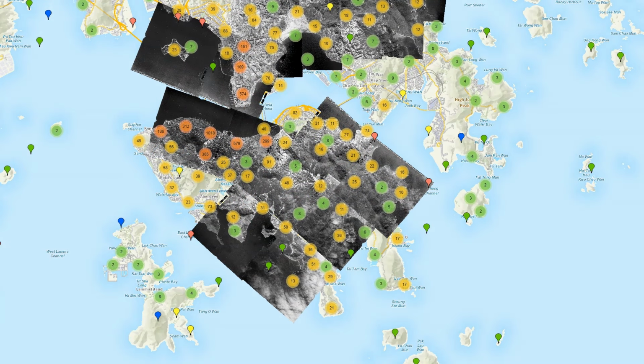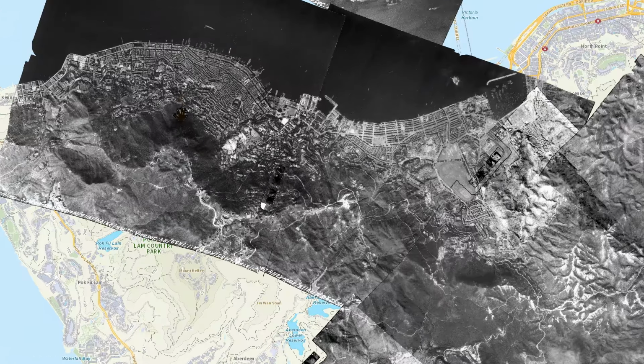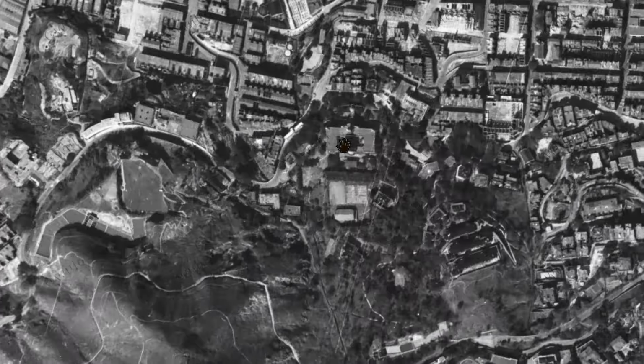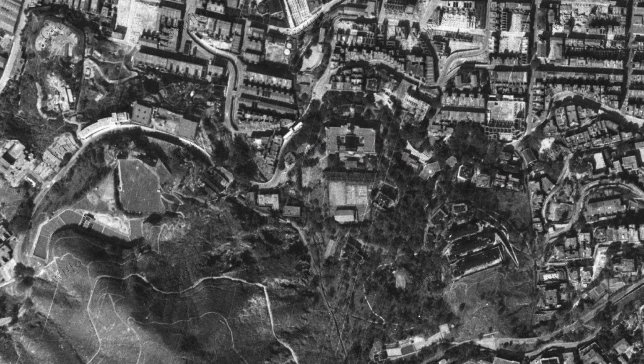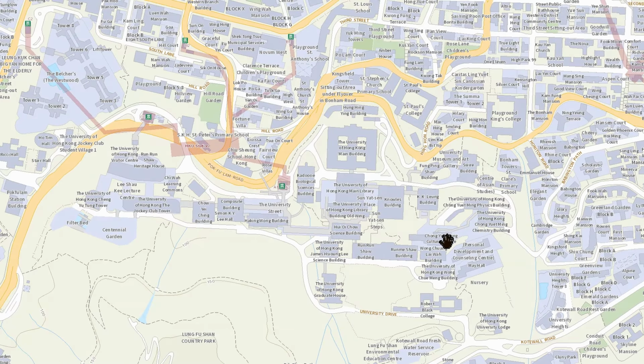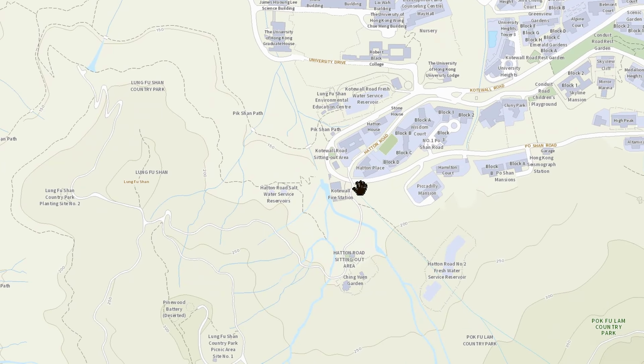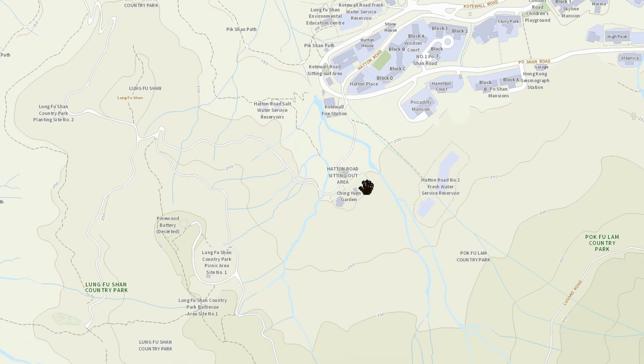Let's hide the markers. So here's Hong Kong University. Let's switch to the modern map. Now if you imagine hiking up to the peak, you'd walk up out of the top, up University Drive, cross over Caine Road, and then you walk up Hatton Road. You go past the fire station, there's public toilets here, and then you've got some very dilapidated old buildings,